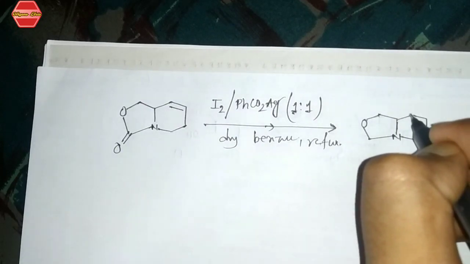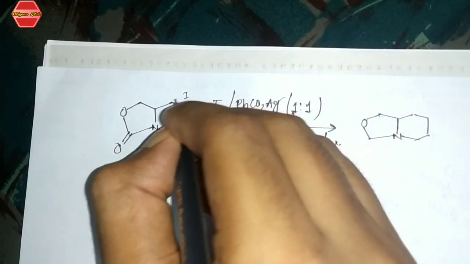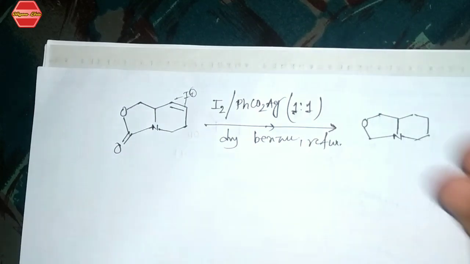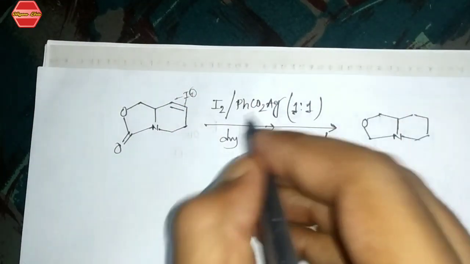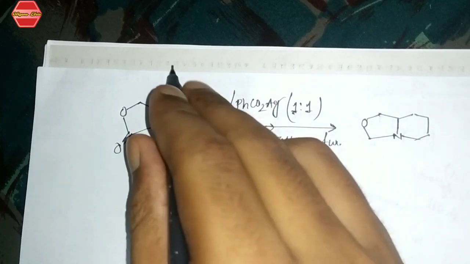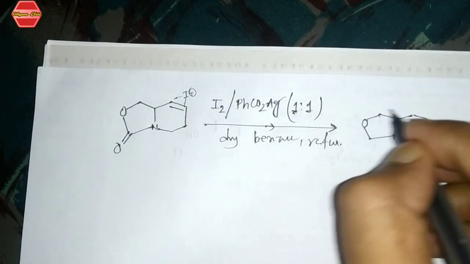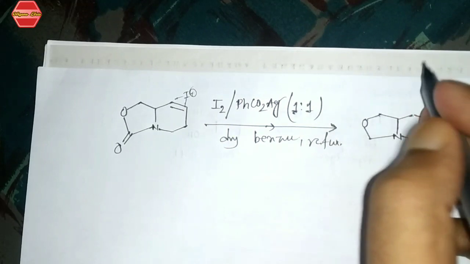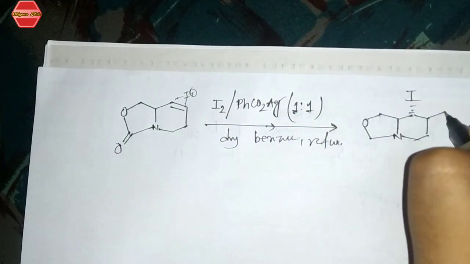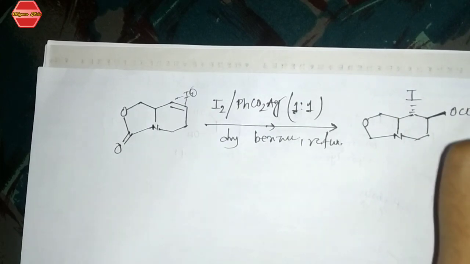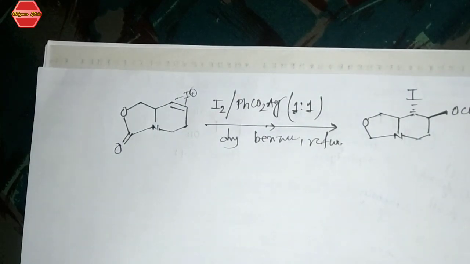After the product formation, there is first formation of this cycloiodinium type ion, and then this O2CPh minus directly attacks over here, and it will open this 3-membered ring, and then we get this trans one, that is this one, with OCOPh. So that is how we get this product.